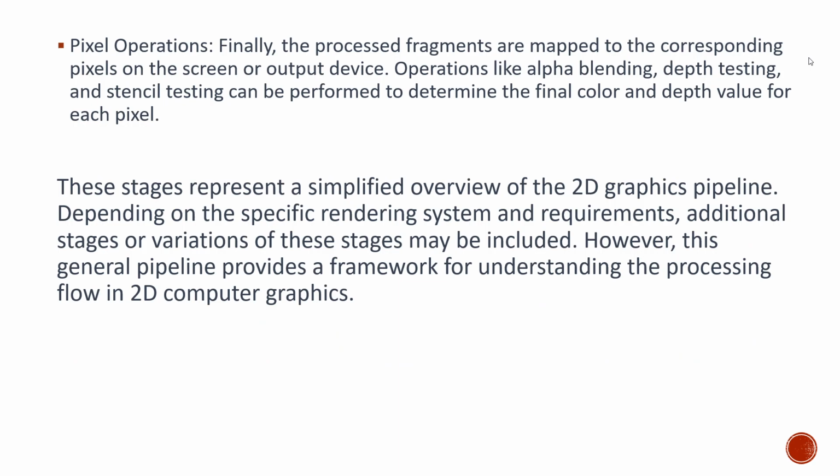The last part is pixel operations. Finally, the processed fragments are mapped to the corresponding pixels on the screen or output device. Operations like alpha blending, depth testing, and stencil testing can be performed to determine the final color and depth value for each pixel. These stages represent a simplified overview of the 2D graphics pipeline, depending on the specific rendering system